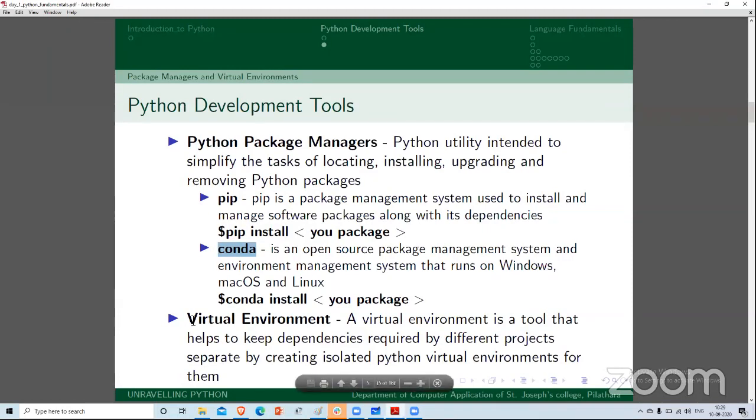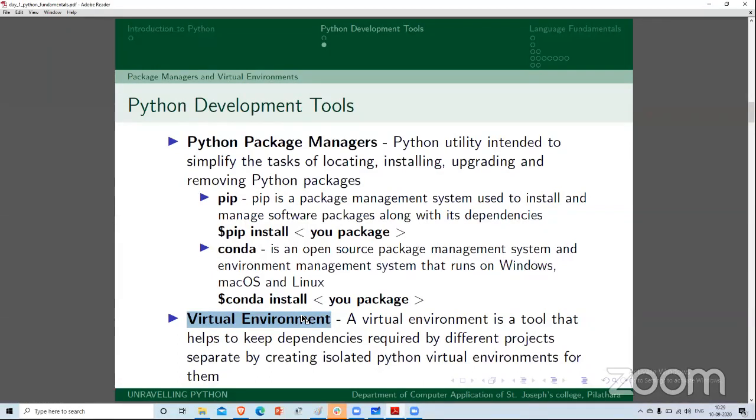Virtual environment is another concept. Suppose you are doing a project with Python 3.5, and in another project you need to use Python 3.6. There will be a conflict between 3.5 and 3.6.